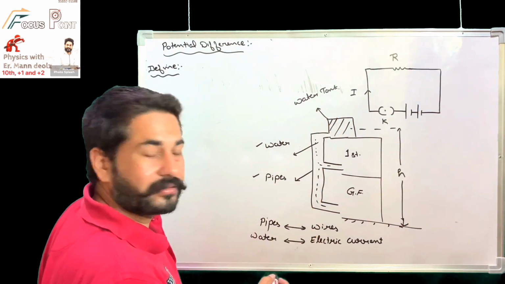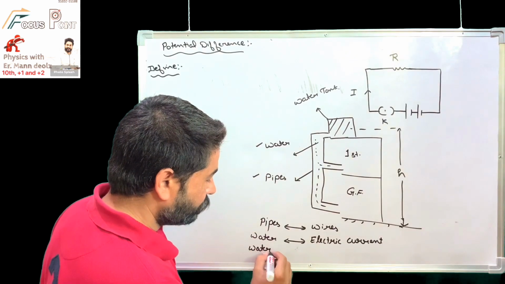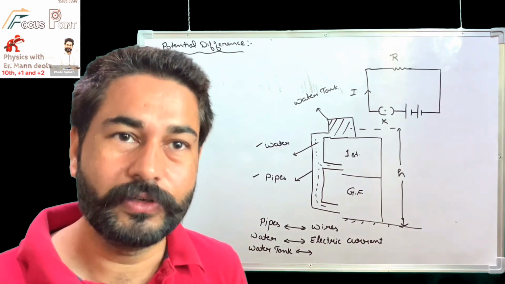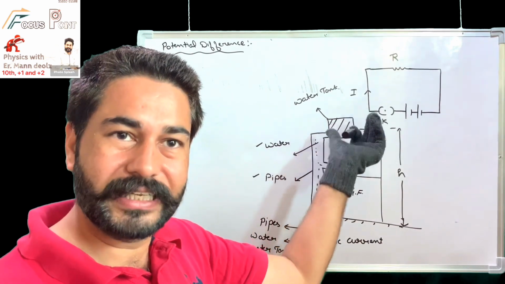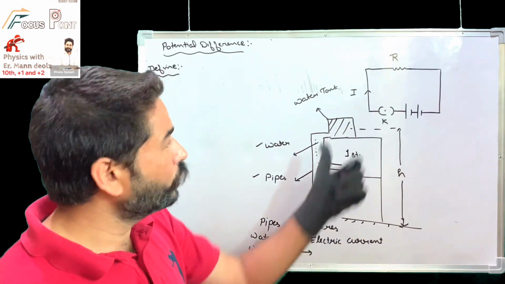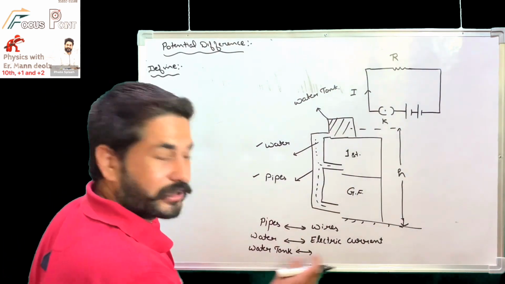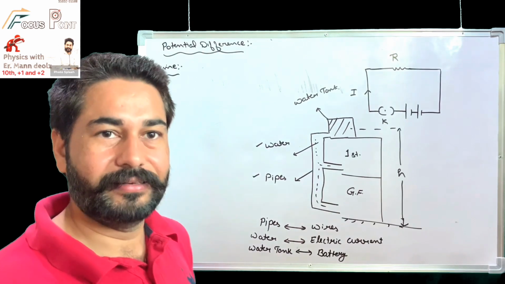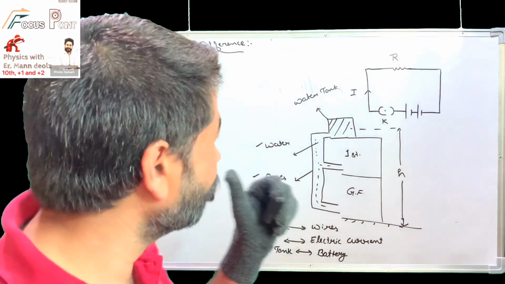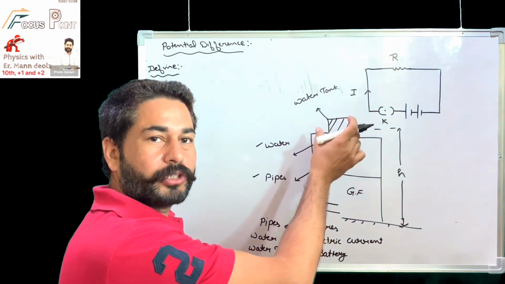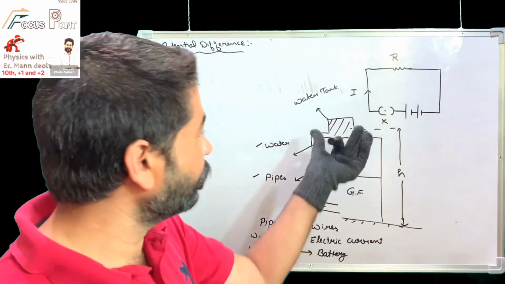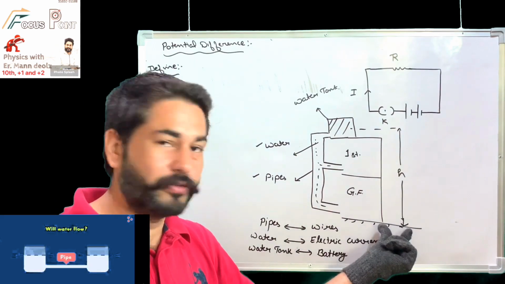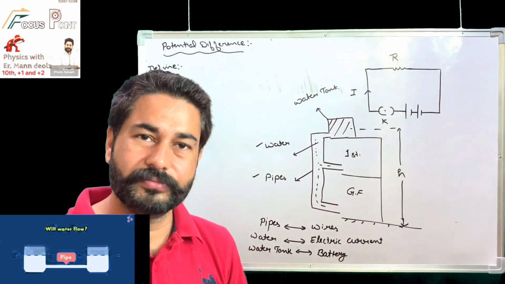Now the water tank we will assume as a source of water. From this water tank only, water is coming. So who is the source of electric current? The battery. So the water tank will be assumed as a battery or a cell. Now just give me one answer to this question: why do we have to keep this water tank at a certain height? Why are we not keeping this water tank on the ground floor? By keeping the water tank on the ground floor, can we get the water on the first floor?